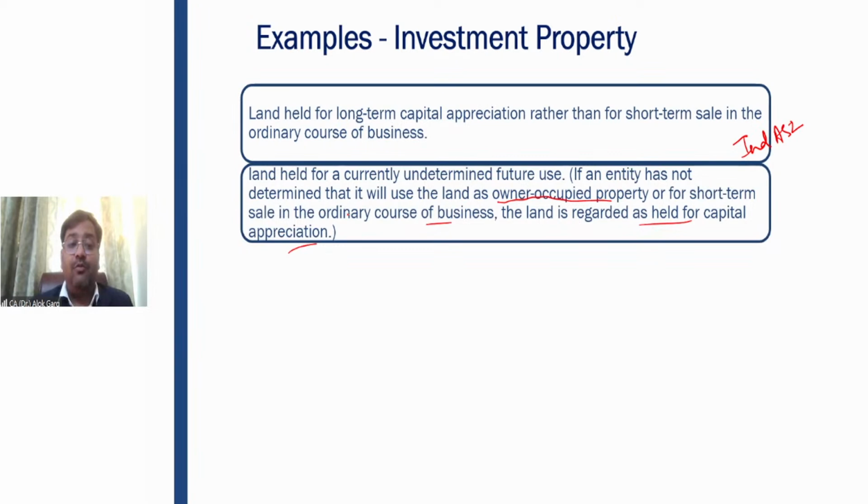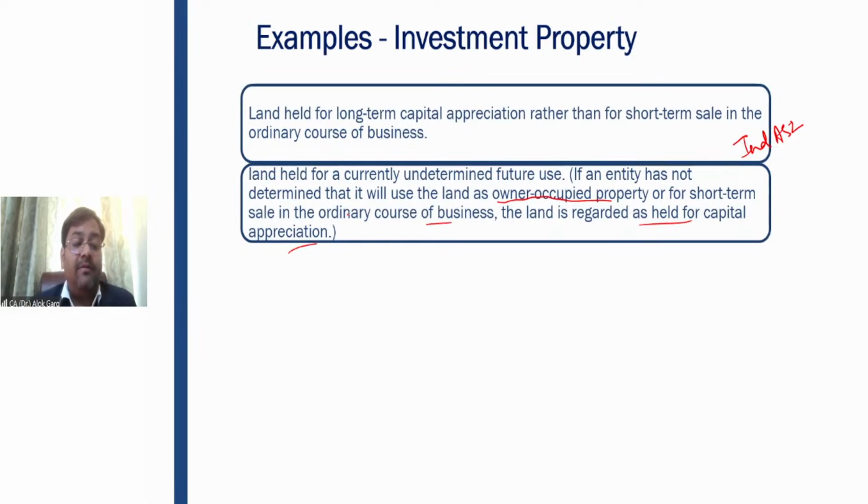If the company has determined future use, that yes, we have to construct the factory on that land, in that case there is a determined future use. Or the company is acquiring that land for constructing flats and then selling the flats, or for doing the plotting and then selling those small plots to the buyers, right? In that case, it is a determined future use. So if it is for construction for business purposes, of course, that land will be classified as PP. If it is for sale in the ordinary course of business, of course, it will be classified as